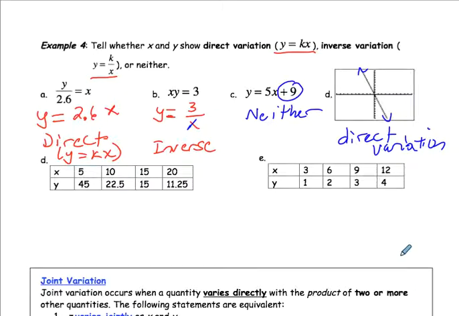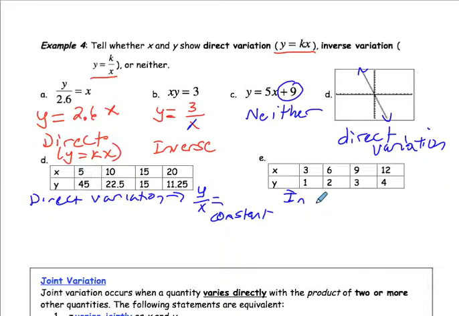Okay. Now we've got a table of values. So we're going to see if I have direct variation. For direct variation, what are we looking for? In direct variation, I know that y over x is a constant. So if I look at my table, if I can divide y by x and I get a constant, it's direct variation. And if I have inverse variation,